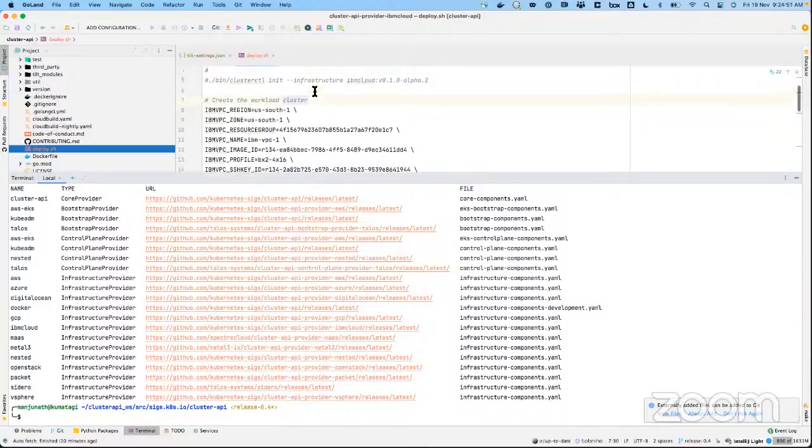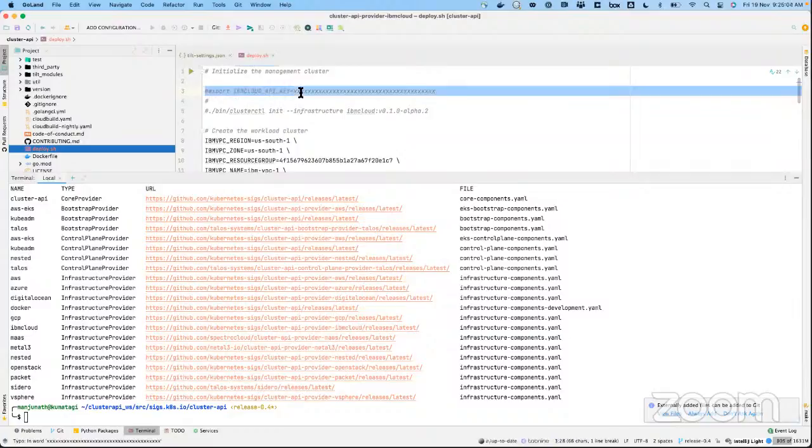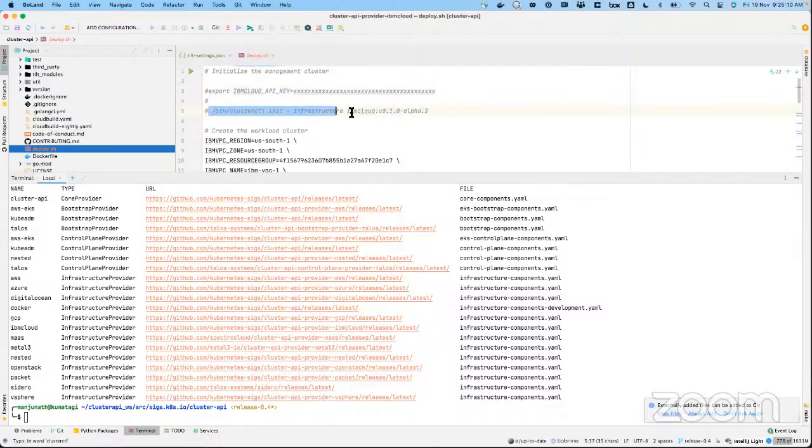But any questions meanwhile? All right. First of all, we need to set these parameters. The API key is another variable required for accessing or deploying this management cluster, and I think I have set it with the proper credential anyway. So I'll just start deploying it.